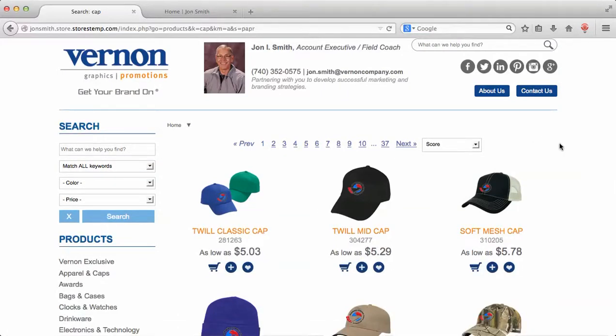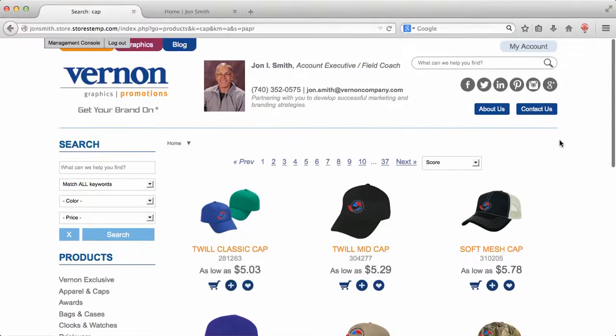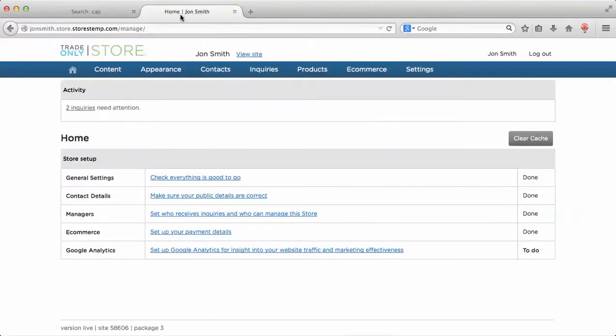What I'd like to show you is how to go into the management area and do the customization that we just spoke of, that you can access from this header or display on this header information. To go into the management area, you basically key in your URL for your website, but on the end of it you'll put /manage, and that will take you into a login screen. So if we come in here, I've already logged in. However, if I log out,